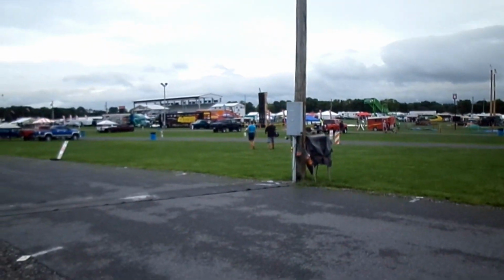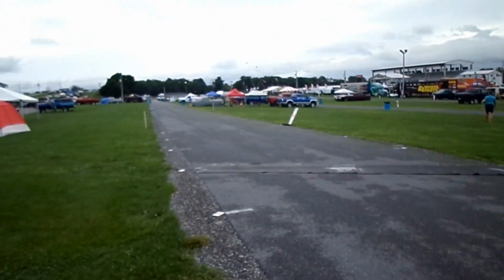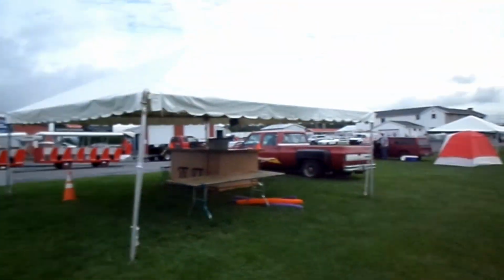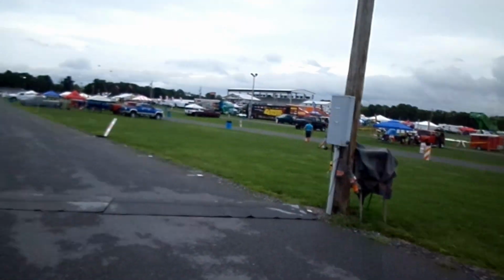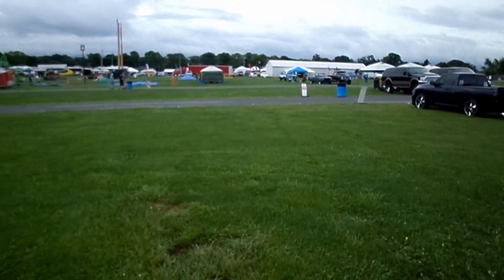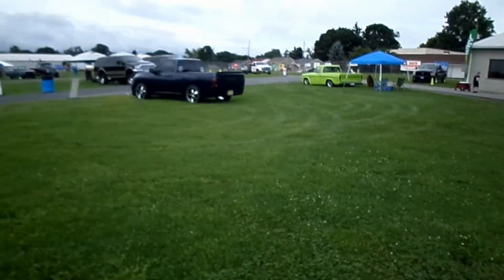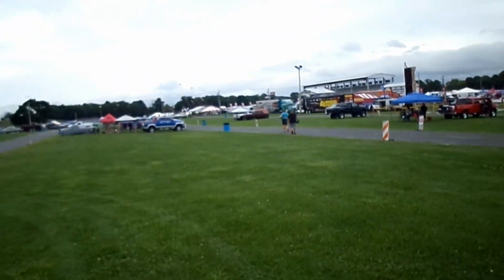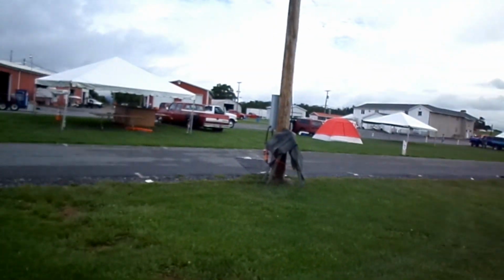There's a couple right here, 4x4 parts. Some awesome trucks here. They even got a trolley to take you around. But I'm here for the mini trucks, the lowriders. There's one there. It's raining a little bit. I was gonna get my umbrella, I didn't, but